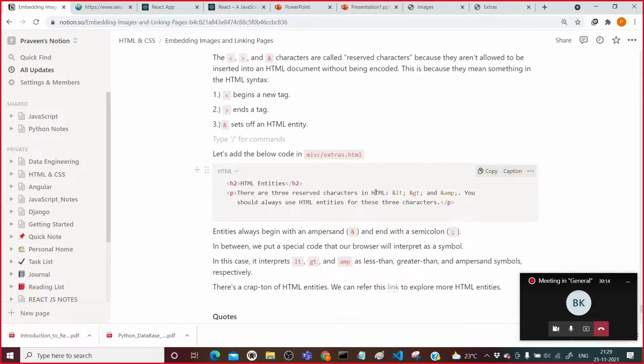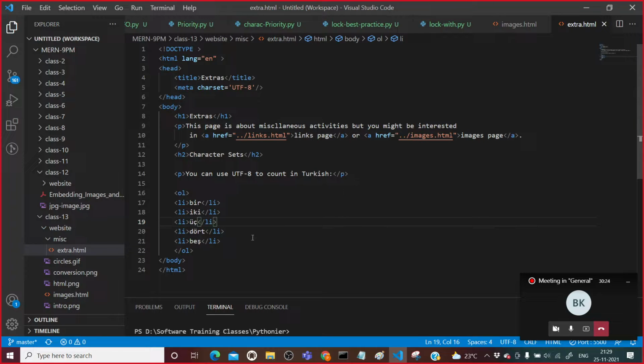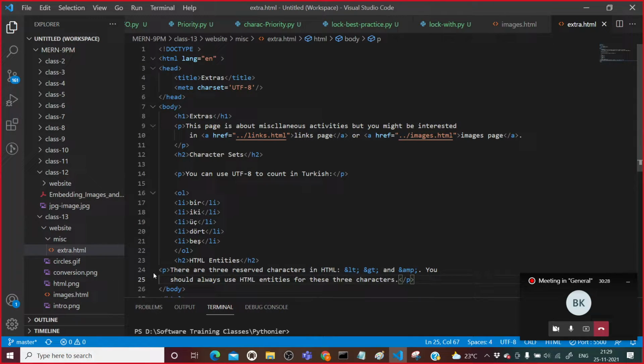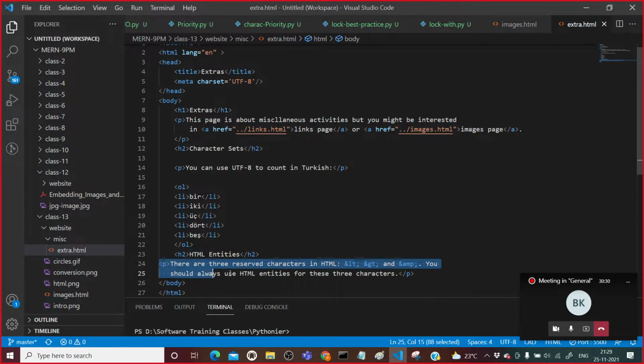Let us add those entities in our extra.html file. I will copy this and paste it here, and then open this particular page.